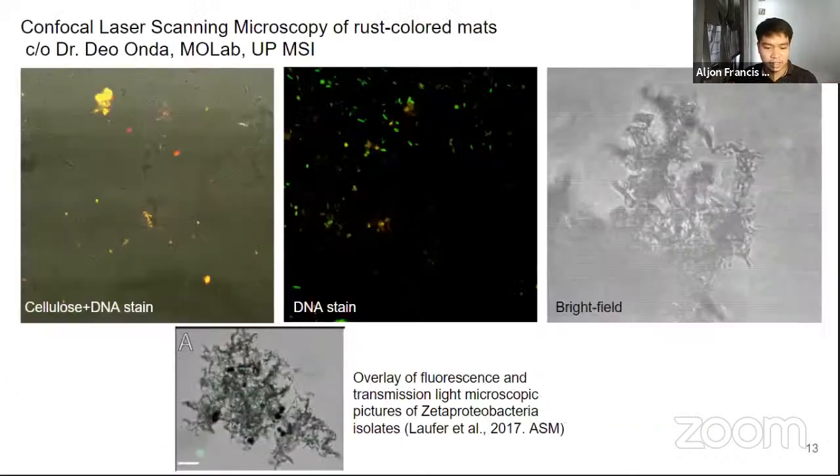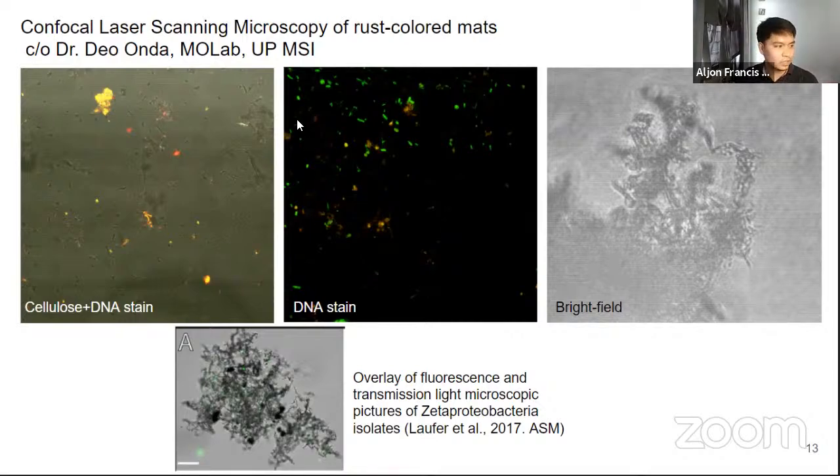So back to our data, in pure cultures, the zeta proteobacterial mats are mostly iron oxides and not really biomass. So here in the bottom figure, which is from a study that isolated zeta proteobacteria, there's quite a small bacterial biomass to iron oxide ratio in terms of mat components. And similarly, in our